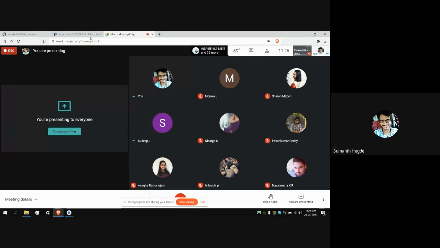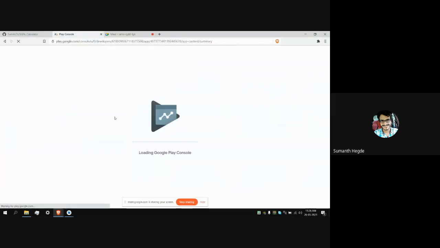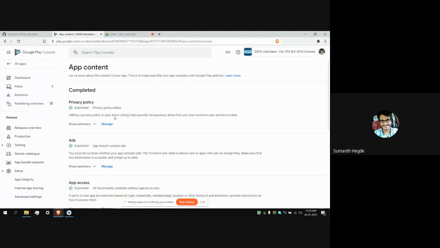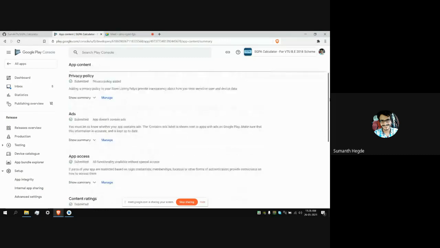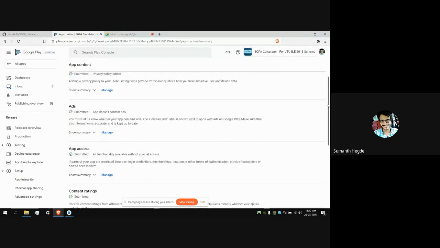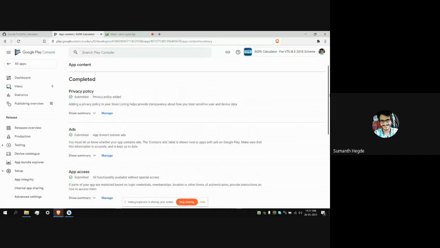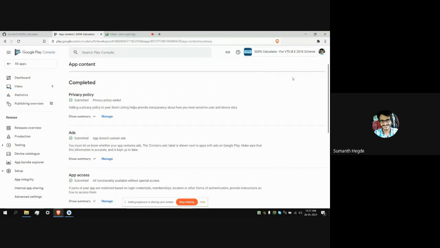Yes, sir, sure. So here you can see the Play console is opening. In order to use the Play console, you must have a developer account. You have to pay some fee, like I think $15 or $25 maybe. You have to pay that value in order to get the developer account. It's a lifetime subscription, so you need not pay again and again. So here you can see this application name, calculator.